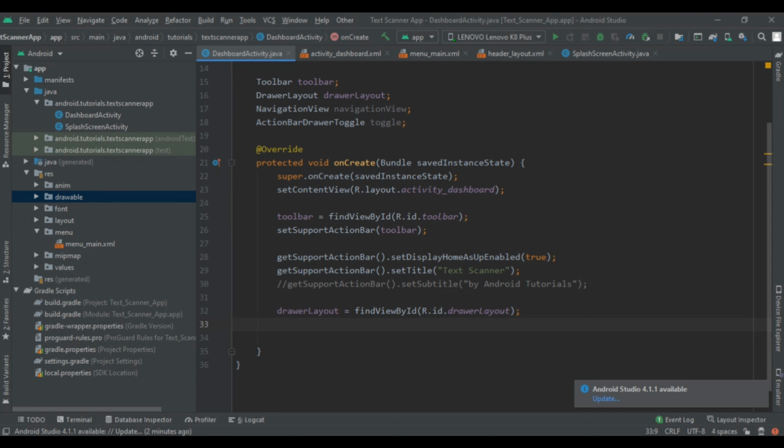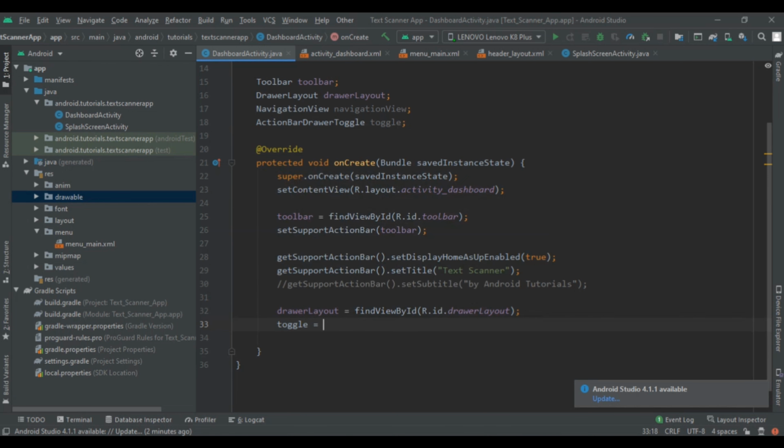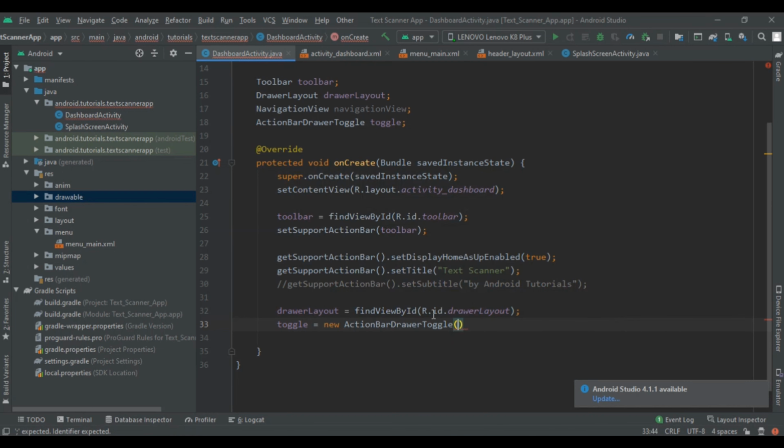So before that, let's add the toggle. So toggle is equal to new ActionBarDrawerToggle, and here it needs 4 parameters. Let me show you those 4 parameters.